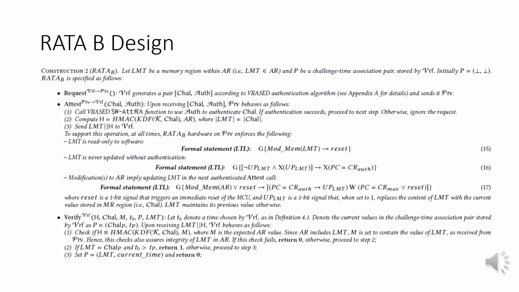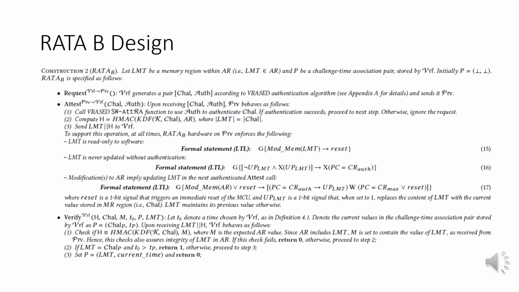In short, RATA B security relies on the following properties enforced by its verified hardware implementation. Similar to RATA A, no software running on the prover can overwrite the last modified time. That is, the last modified time is only modifiable by RATA B hardware. Also, an update to the last modified time is triggered only immediately after successful authentication during attest computation. And finally, the first successful authentication happening after a modification always causes the last modified time to be updated with the current value of the challenge, which is stored in